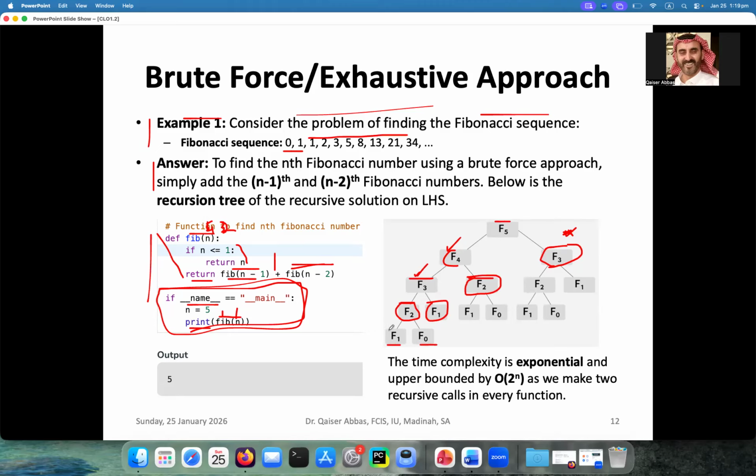Now when you are calling this f of 1, n is equal to 1, and here you are checking 1 less than equal to 1, it is equal. So if n is 1, it is returning what? It is returning n, and what is the value of n? 1. So it is returning me 1 here. And then, okay, now here, if I will remove some